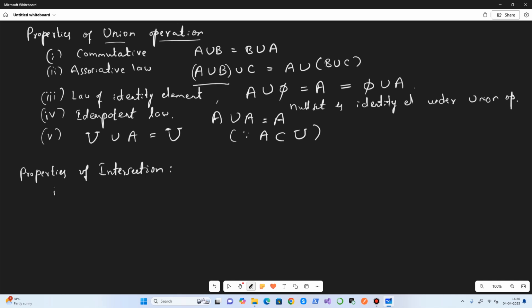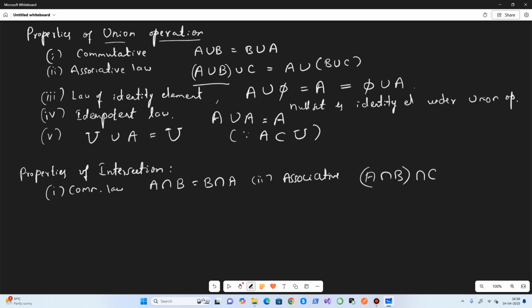The first one is again the commutative law, which holds the same: A intersection B is the same as B intersection A. The second one is the associative law: A intersection B first, and then intersection with C, is the same as A intersection B intersection C.